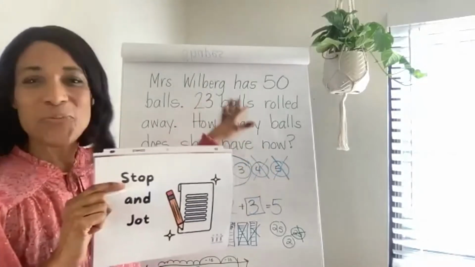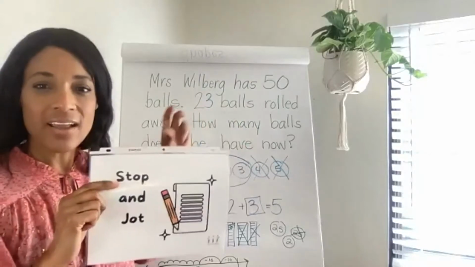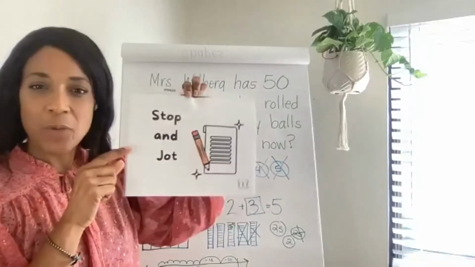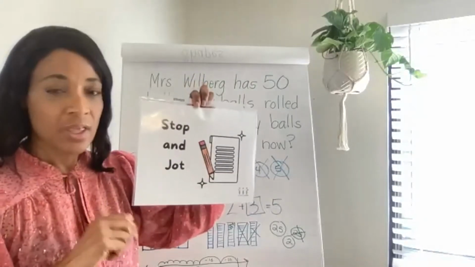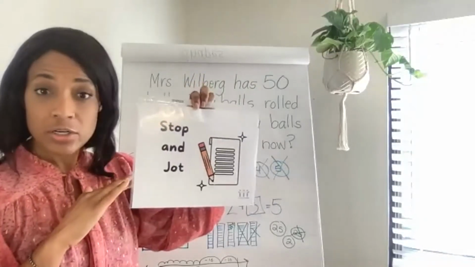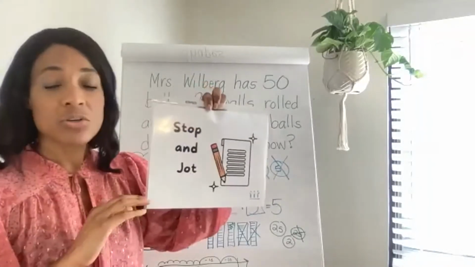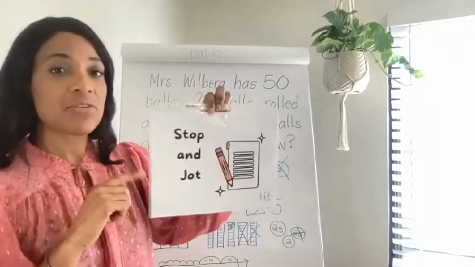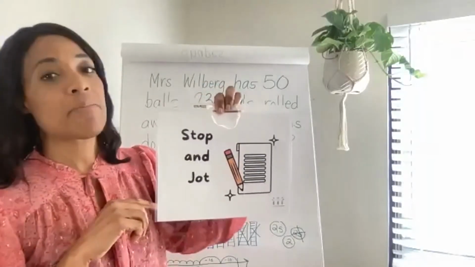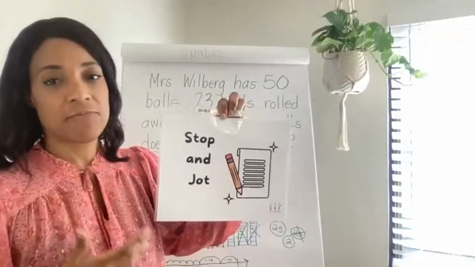So they're not really engaging and paying attention to the details along the way. And stop and jot can help them stop and take hold of those details along the way. This works with kindergartners, probably about this time of the year and in the spring. It also works with my 8th grader. Stop and jot is a strategy my 8th grader frequently uses when she's working on math problems so that she doesn't get overwhelmed by all of that information.